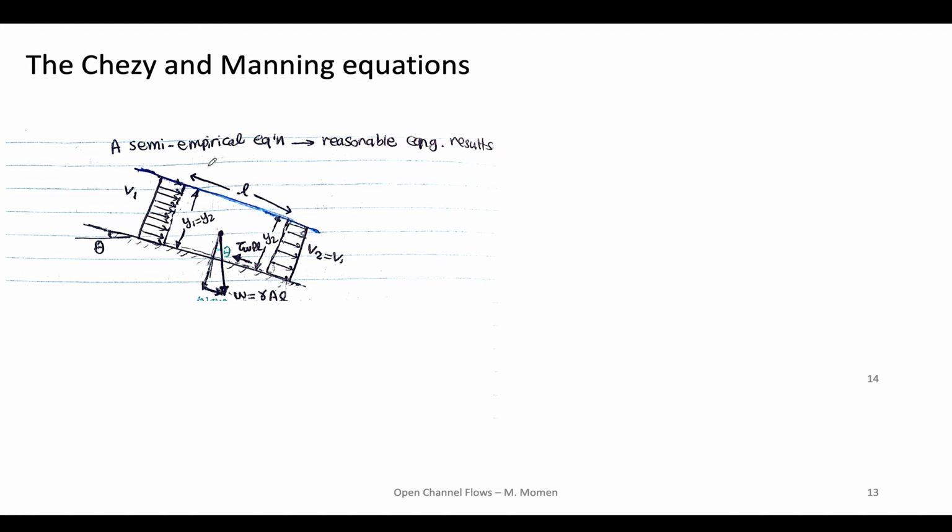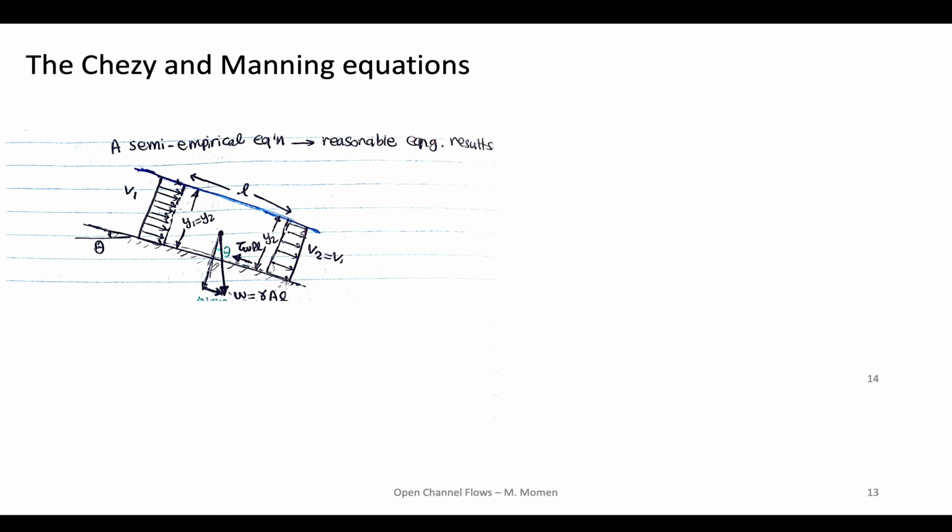Both of these are semi-empirical equations, especially the Manning equation, which is found from doing a series of experiments, but they both give reasonable engineering results that we can use in many civil and environmental engineering applications. Okay, so let's start with